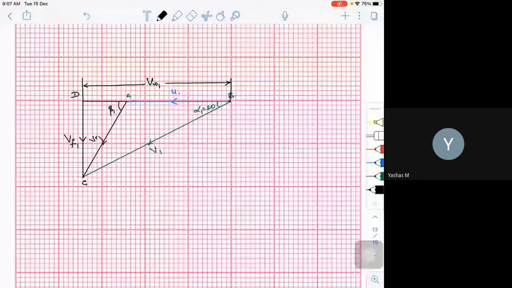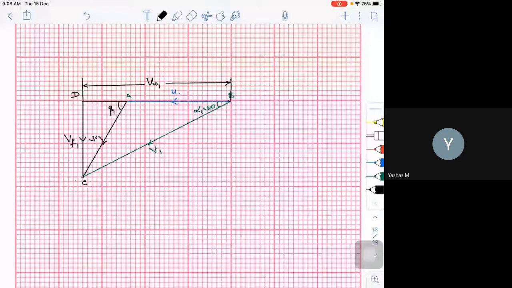Then you measure the points B and D, that is VW1. So VW1 may be, if I count it, 1, 2, 3, 4, 5, 6, 7, 7.5 centimeters, or 6.5, so whatever it may be, 65 or 75 mm. You have to draw to the scale. So 65 mm or 75 mm, whatever value you get, measure that and multiply by 50. Similarly, measure VF1 and convert it to whatever the scale. If you measure it at 37 or 38, multiply by 50, and I am going to get the corresponding value of VF1.